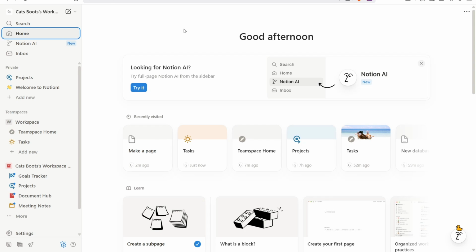In this video, I am going to show you how to color code tasks in Notion. Let's get started. After successfully logging in to your Notion account and being able to access the homepage, there is